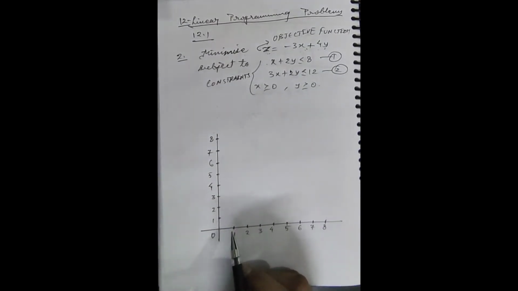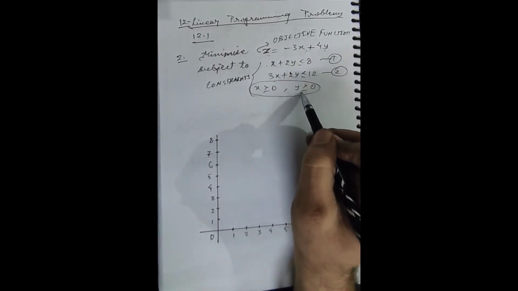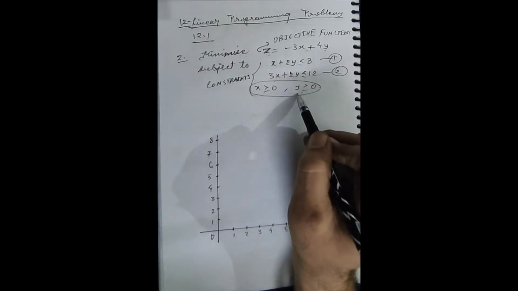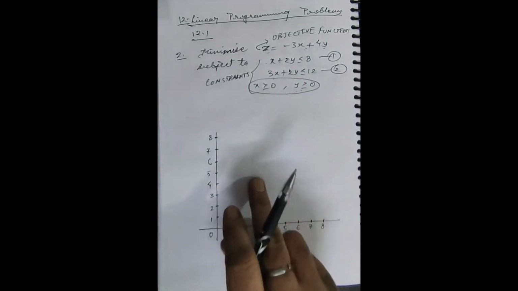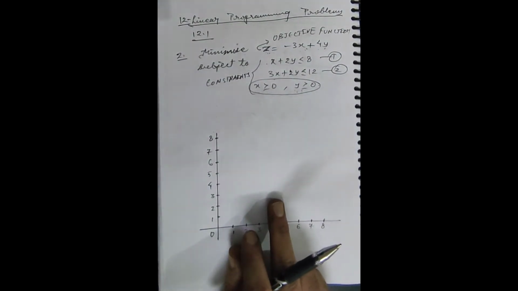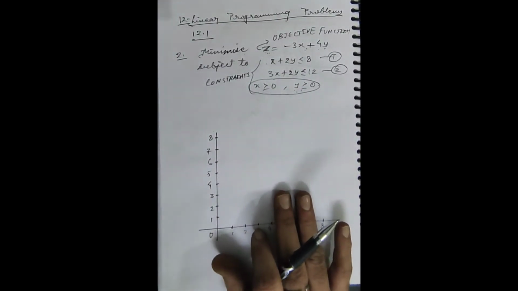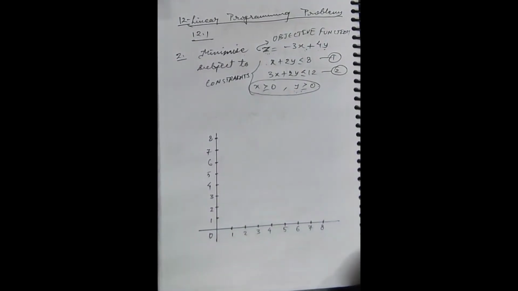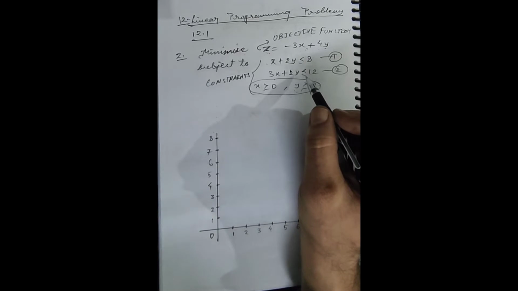Here I have plotted an 8x8 first quadrant sketch only. The reason is that a very important part is given: x is greater than or equal to 0 and y is greater than or equal to 0. These two inequations represent both x and y to be positive, that means only the first quadrant. In general, whenever this situation is given, it concerns only the first quadrant. So that's why I have focused on the first quadrant, taking these 8x8 values.